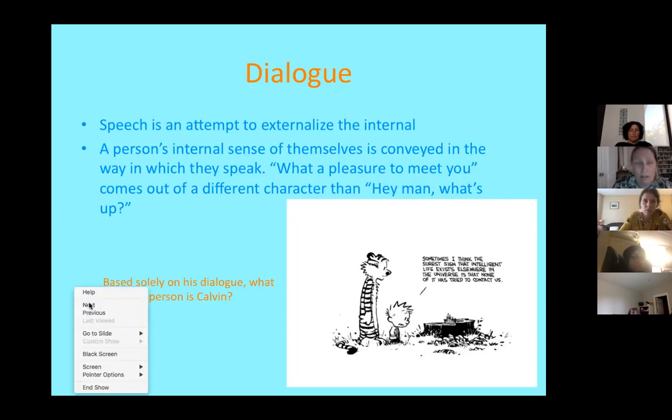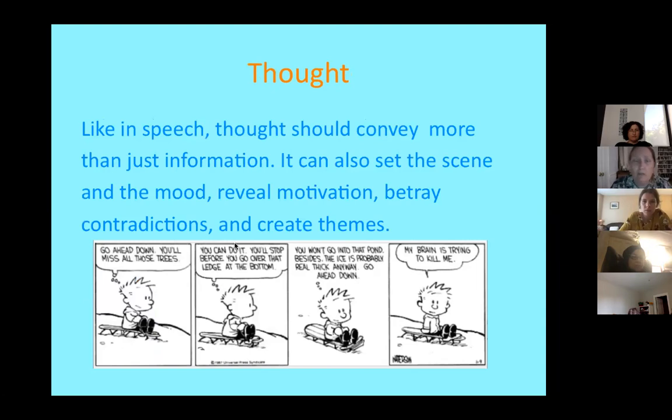Okay, so moving right along, because we just have a few more minutes. And last but not least, thought. Thought is actually what I think of as the most important part of this little group of four things that convey character, because thought, that internal part of the character, is the thing that you don't necessarily get in the external world. You get that in the world of books. And the world of books is able to give you something that you can't get elsewhere.